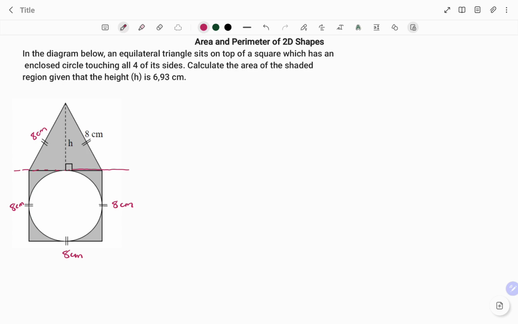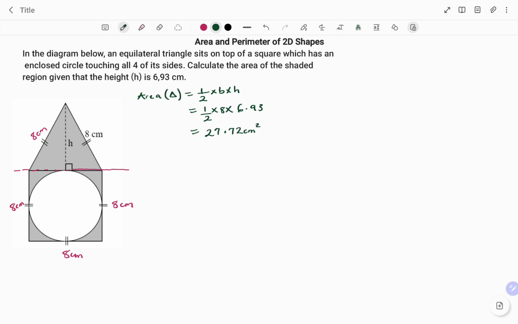So starting with the area of a triangle, I have area of a triangle as half times base times your perpendicular height. In this case, my base is also the length of the square, which is 8 centimeters. So I have that as half times 8, and we've been given a perpendicular height to be 6.93. Therefore, the area equals 27.72